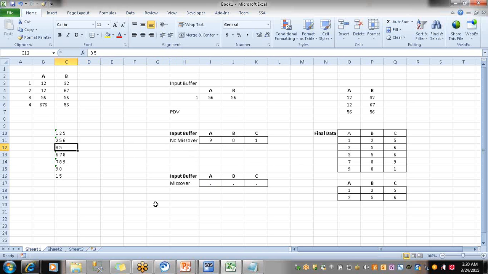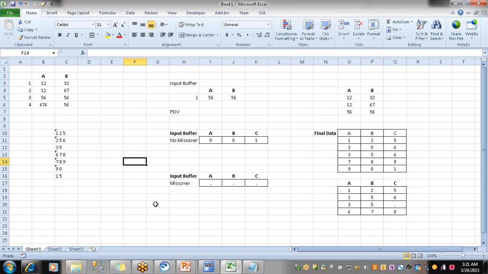Now it moves to the third row, where 3, 5 is there. So it will insert 3 and then 5. We are using missover, so it will accept a missing value because it does not have a third value for the third variable in the third row. So it will just accept these values, move to the next row, empty them again, and capture the next row, that is 6, 7, 8. It will fill in 6, 7, 8. It gets completed. It will move to the data set and empty them,